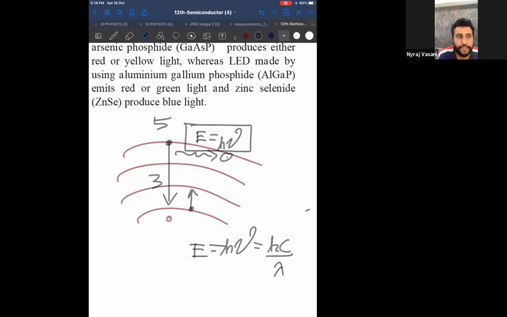In that, write down, LED is based on Bohr's postulate 3. Full stop. It states that